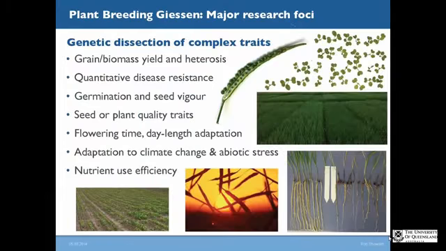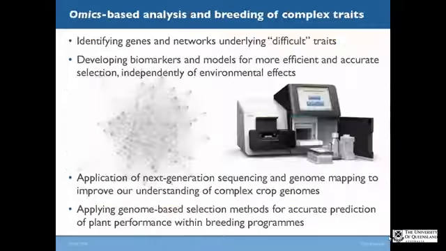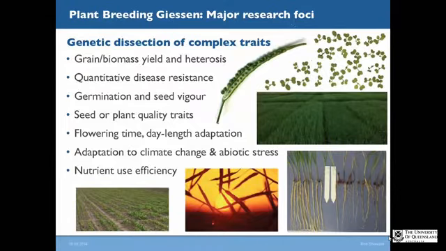So the traits that we're really most interested in are anything that's not simple, more or less, but is of importance to a breeder. So we're looking at things like grain or biomass yield, and especially the mechanisms of heterosis and the ability of hybrid crops to improve their yield. We're looking at some very important quantitative disease resistances in some of these crops. Germination and seed vigor is something which I'll focus on today because it gives a nice example of the methods I want to describe. Seed and plant quality,